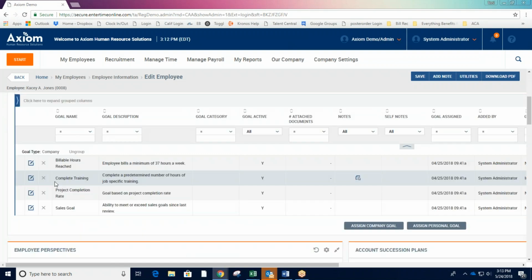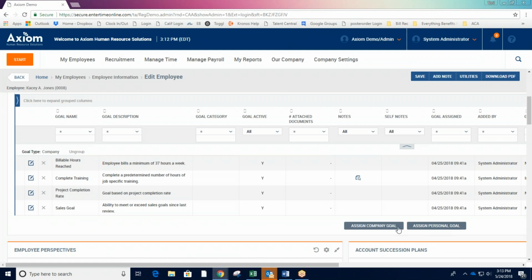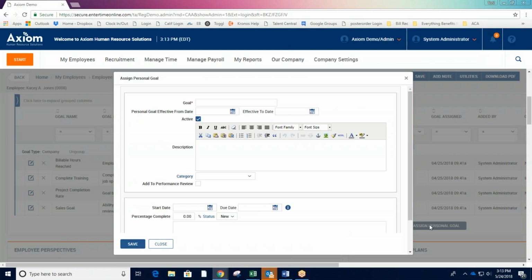So we have this goals section, and you can assign company or personal goals. Company goals are going to be things that are more company-wide, so sales goals, projects, things like that. But a personal goal would be something more closely related to employees by themselves. So this might be